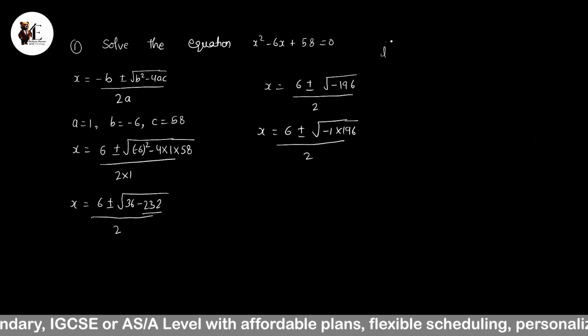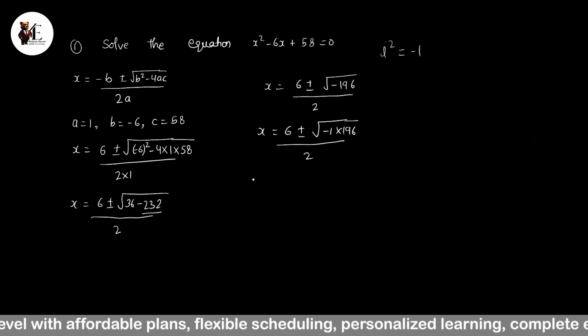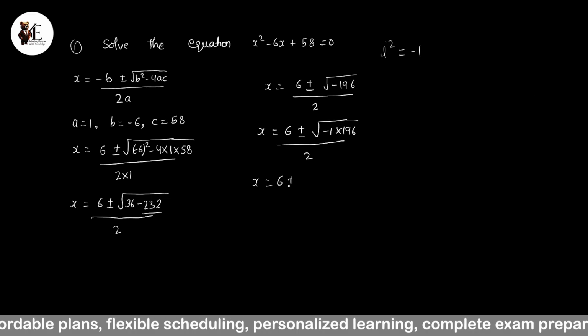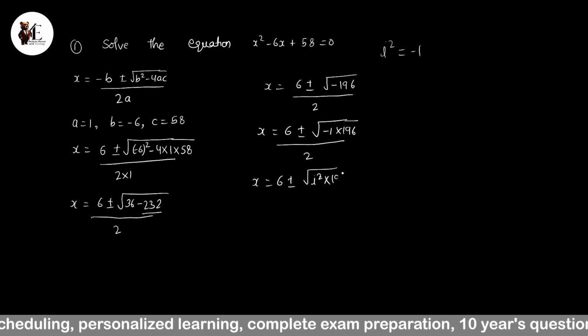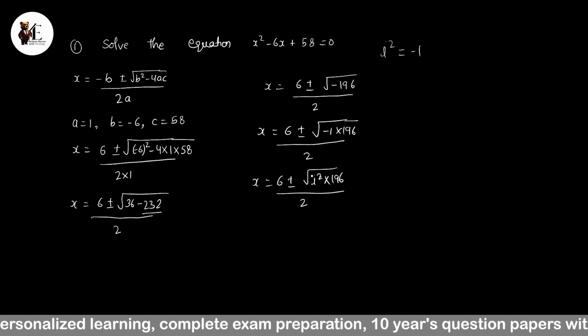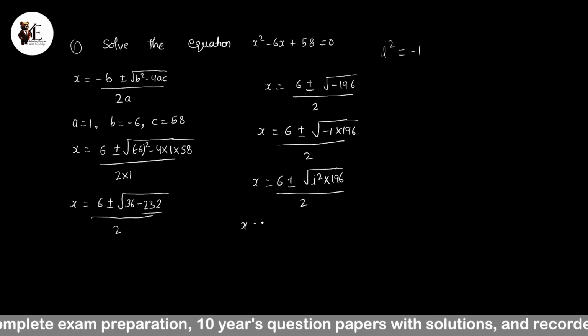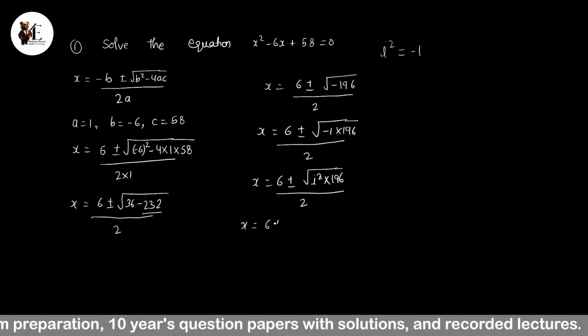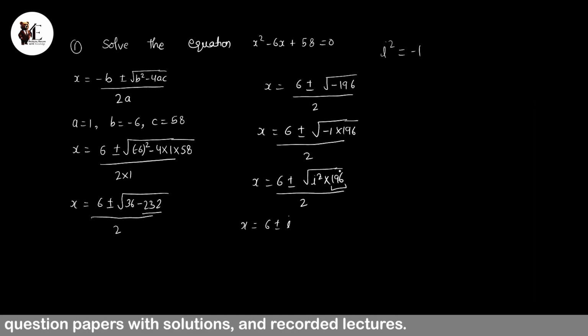And i square is negative 1. So in place of negative 1, I can substitute i square. So x is equal to 6 plus minus the square root of i square into 196 over 2. Since we have a square root over this term, the square will be cancelled out. 6 plus minus i, and 196 is the square of 14. So when you solve the square root of 196, you will get 14